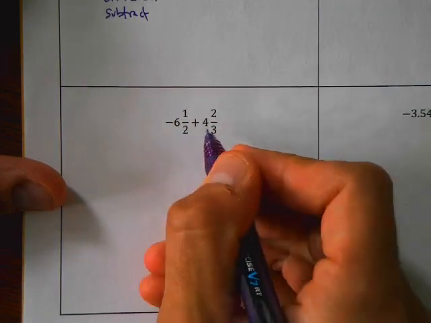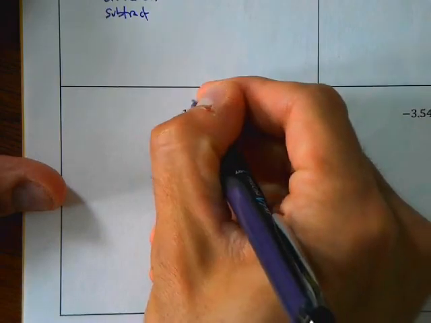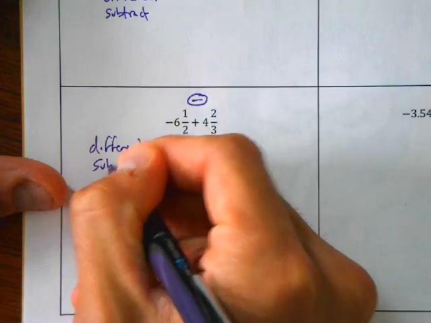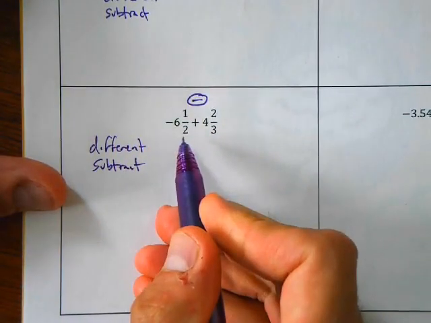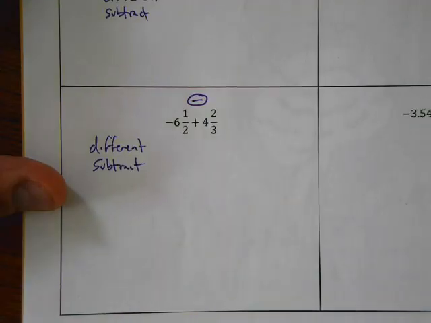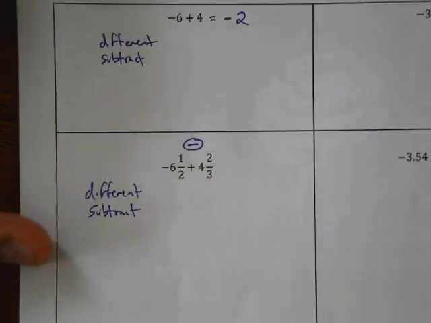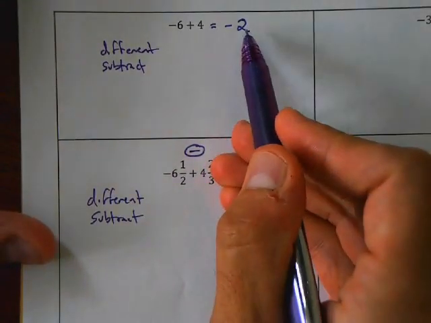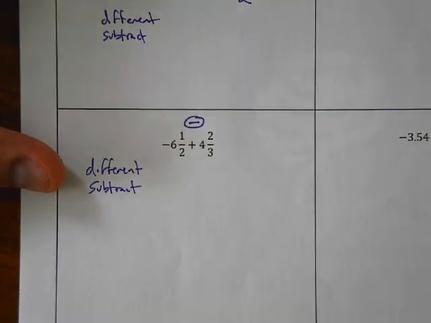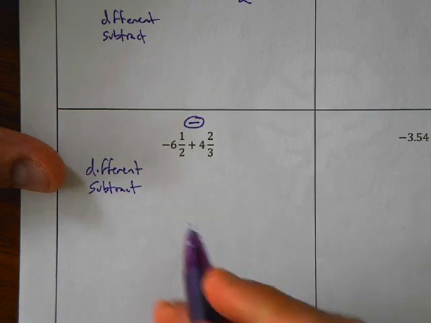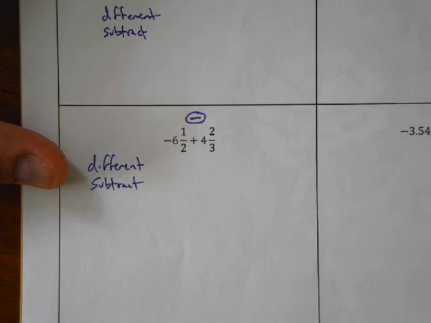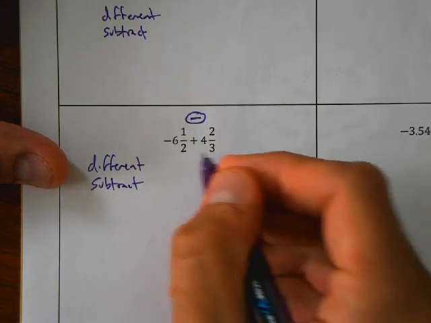So we should already identify that this is going to end up being a negative number because they have different signs. We've got to subtract. And the negative number, negative 6.5, is a larger absolute value. Okay, so we're already partway there. In fact, we have a pretty good estimate of what would be a reasonable answer for this. It should be close to negative 2, or somewhere in the neighborhood of negative 2, because all we did was add some fractions for this problem. Okay, so now let's compute. So I have different signs, I've got to subtract. Now's where I got to remember all of that great work that I did with fractions. So 6.5